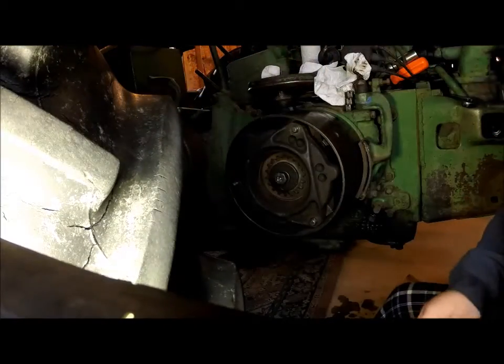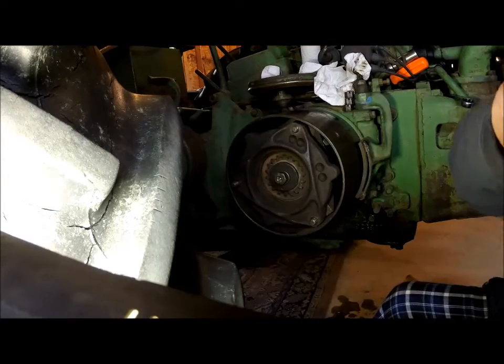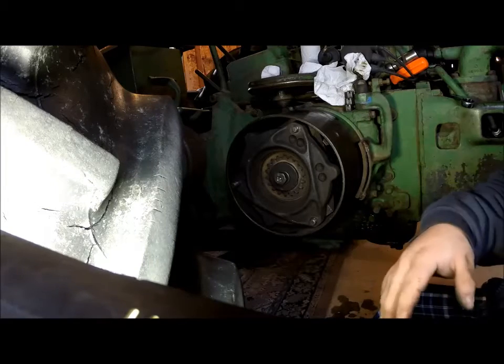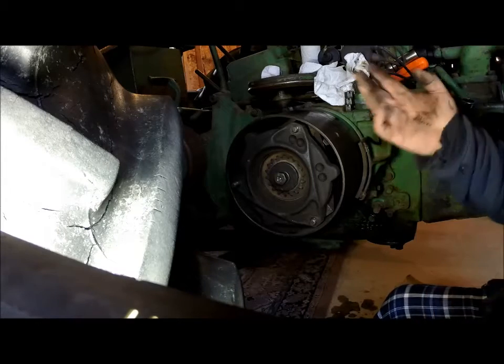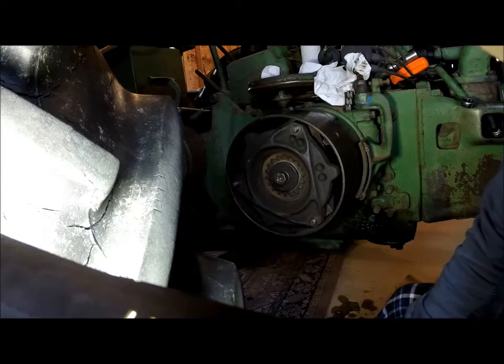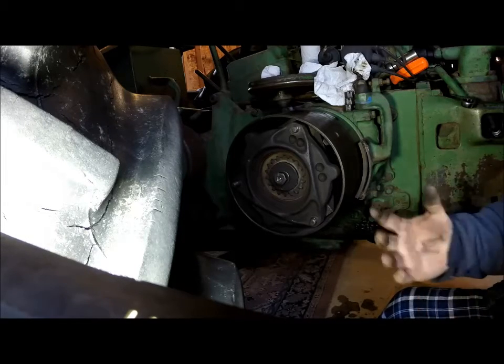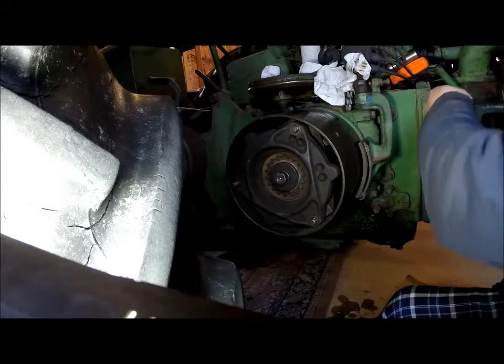So I got all the clutch parts in here. You'll have to go off your manual. Should be fairly straightforward. If you took everything apart, put it back in the same way it came out, in the same order going in. Try and keep your discs in the right place, especially if they're already worn discs. It might just save you a headache down the road. There's no guarantee on that,